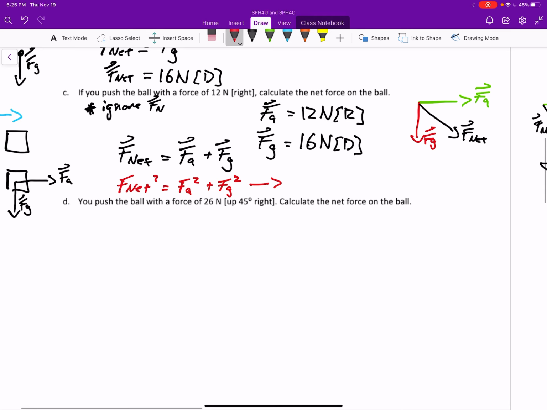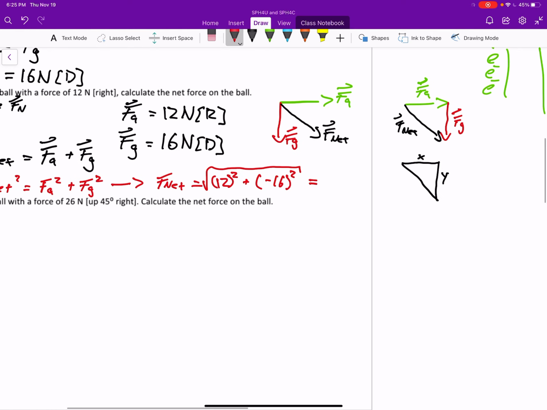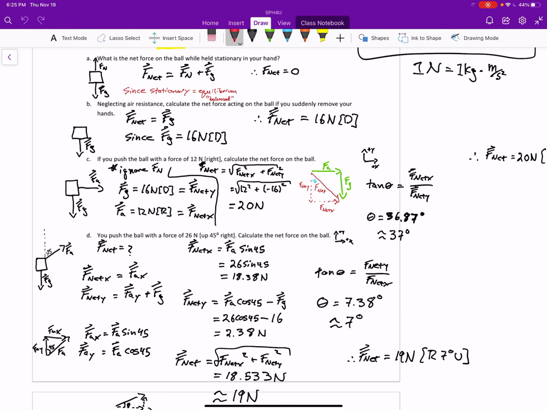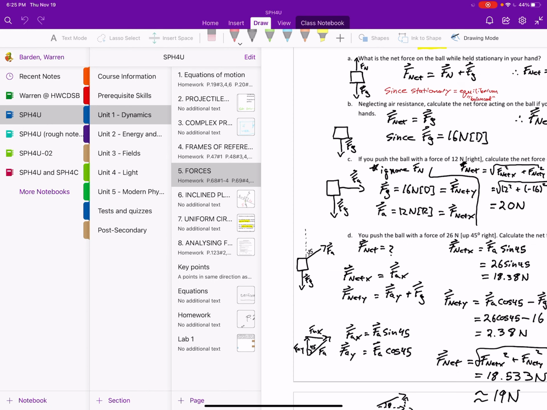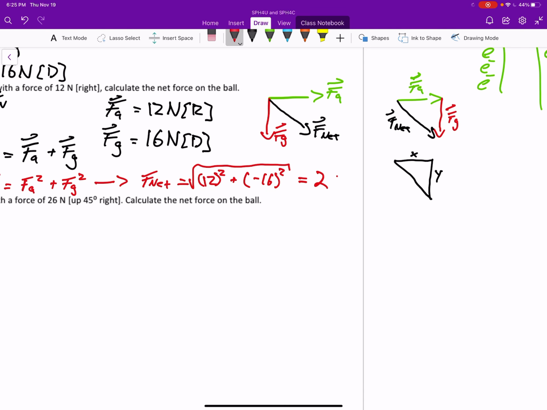So that means that the magnitude of F net will be equal to 12 squared plus negative 16 squared, because 16 points down, right? We established that down was our negative direction, but we just square root those squares. Oh, and I don't have my calculator, so let me just look back because I already did this. So that equals 20 newtons,